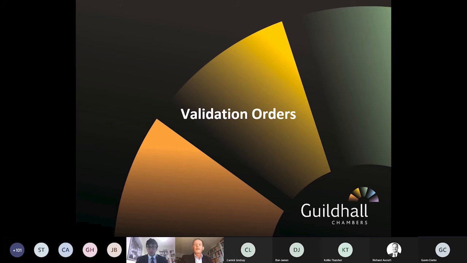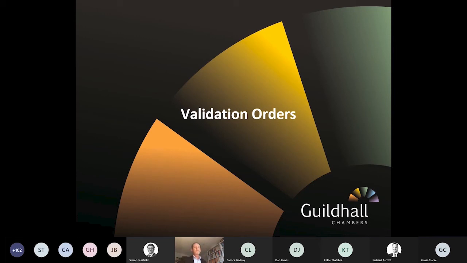So, as Simon has said, he's looked at the statutory framework of Section 127, and critically, we now understand that a disposition made between the presentation of the winding up petition and the hearing date is void, but critically, it is possible to apply to court effectively to validate that, and that's what I'm going to look at. And I'm going to look at two particular aspects. One, the practical nature of that kind of application and what you need to do, and then after that, some recent case law and the evolving nature of the case law that a court will consider when looking at applications of that nature.